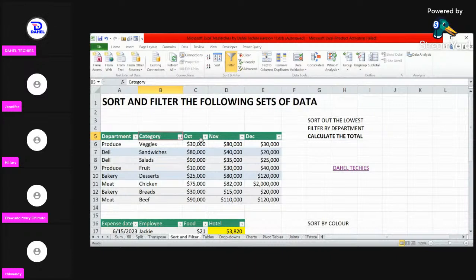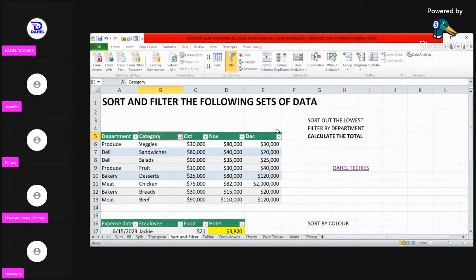You can either choose October, November, or December. Sort out the lowest. When you hear lowest, you know that values has come inside this now. You can either choose one of the months. So don't force yourself or don't force your Excel trying to sort 3 months at the same time for you. No, it's not going to work because it's going to have only one of the sorting categories or functions showing at the drop down. So you have to sort either of the columns,